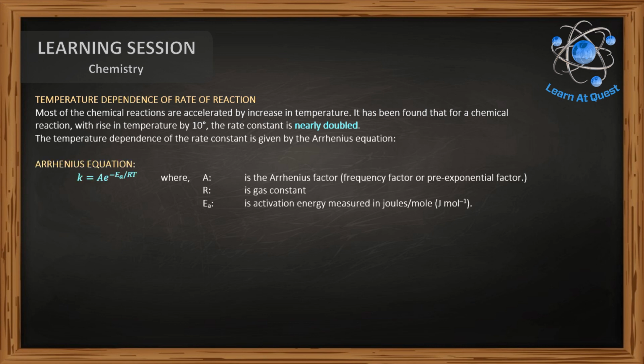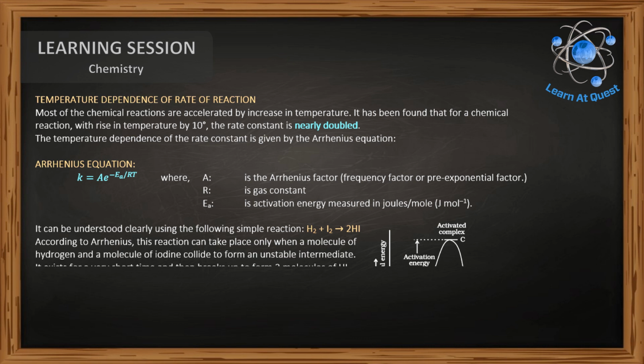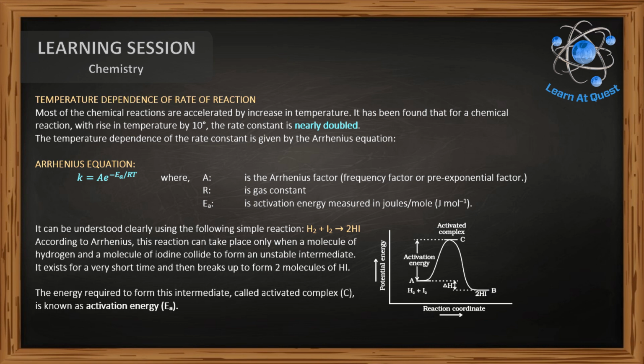Most of the chemical reactions are accelerated by an increase in the temperature. For example, in the decomposition of N2O5, which is dinitrogen pentoxide, the time taken for half of the original amount of material to decompose, which is also known as the half-life, is 12 minutes at 50 degrees Celsius. It is 5 hours at a temperature of 25 degrees Celsius, and it is 10 days at a temperature of